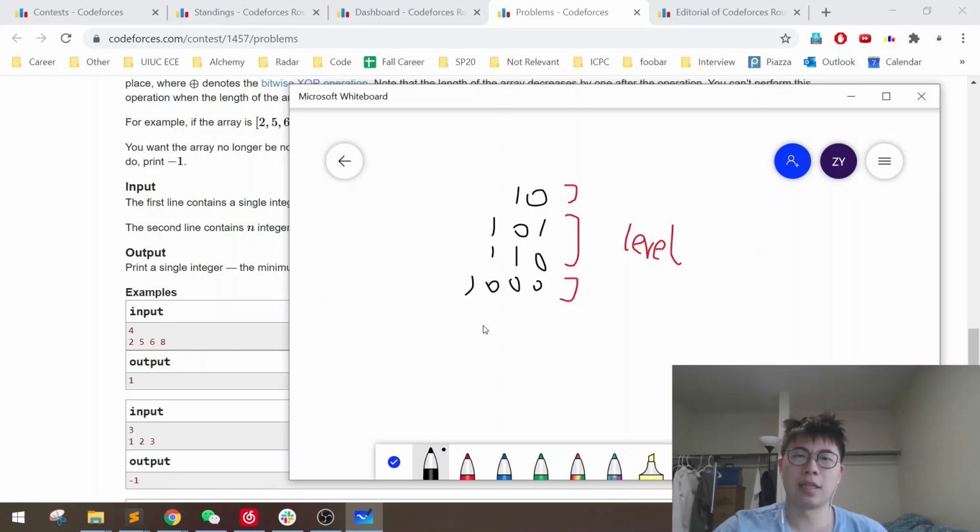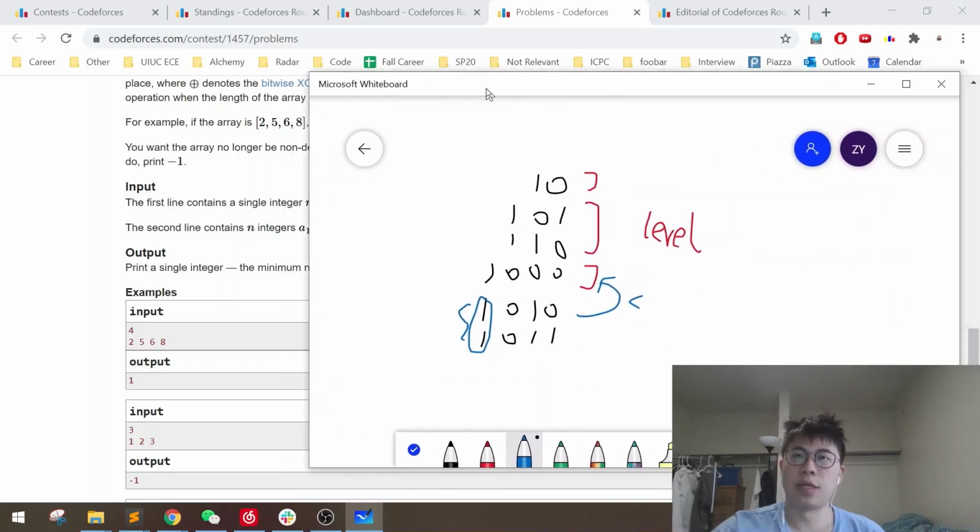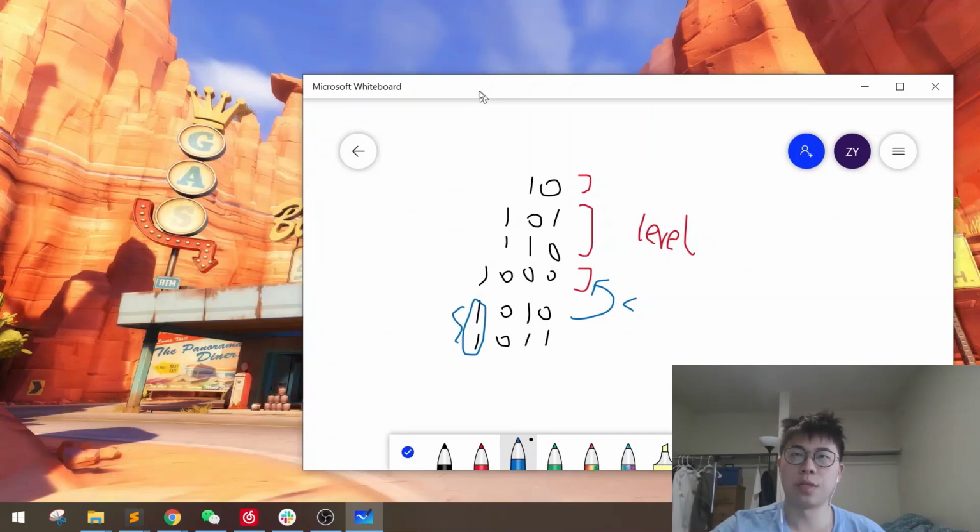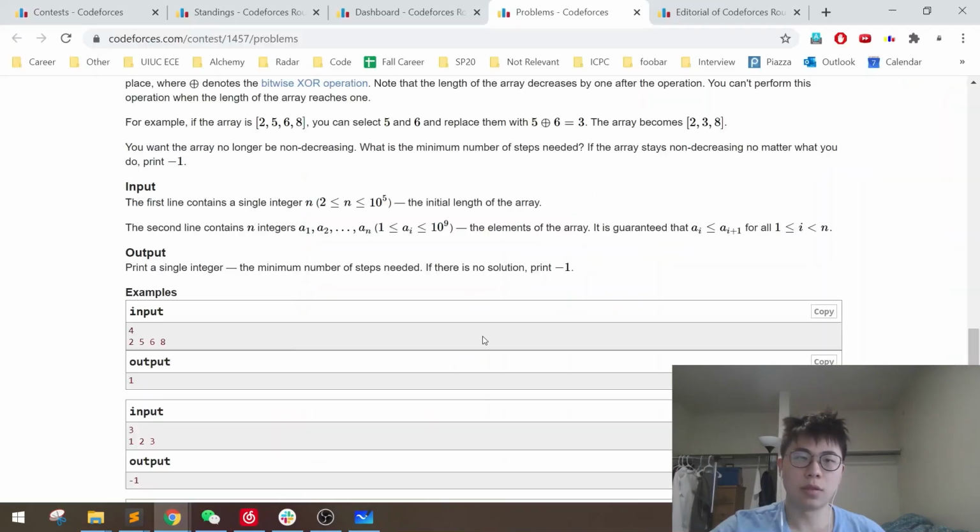And we can ask ourselves how many numbers can be in each level. We can see that if there are at least 3 numbers, then we can always combine the greater 2 numbers, and their most significant bit will cancel, so it will be smaller than the previous one, and then we are done. We just only need 1 step to reach our target. Okay,